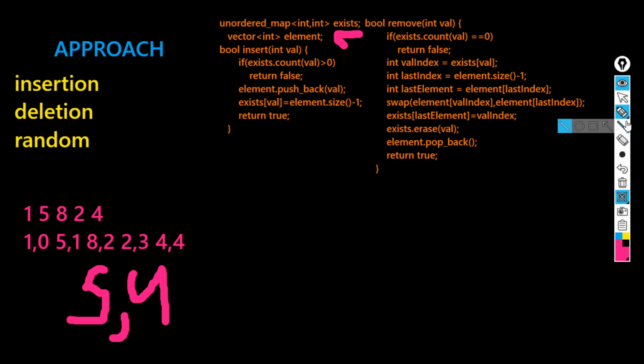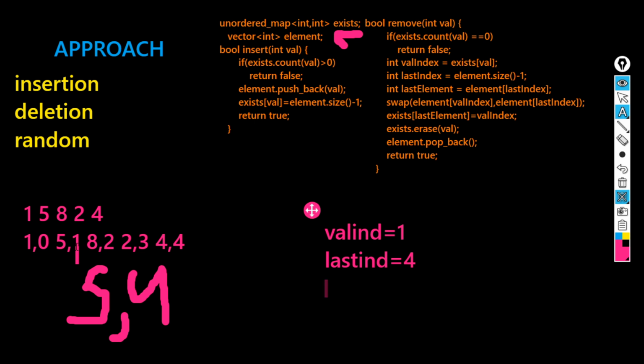So first of all, after coming to the array, three variables will be initialized. Val index, which will be the exist val. So exist val of 5 will be 1. Now last index will be the size of the array, which is 5 minus 1, so 4.